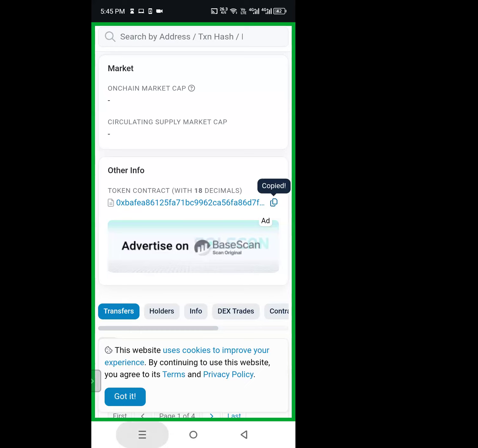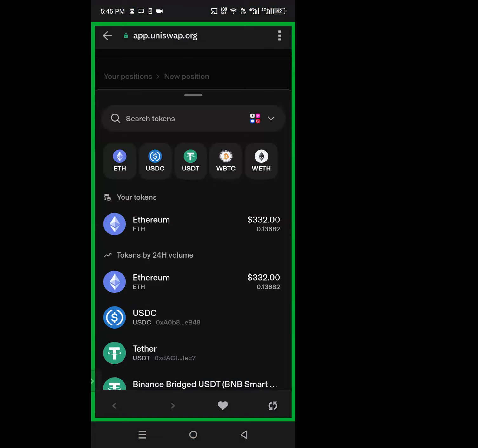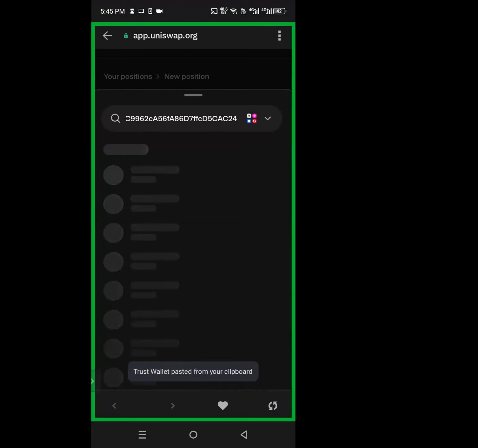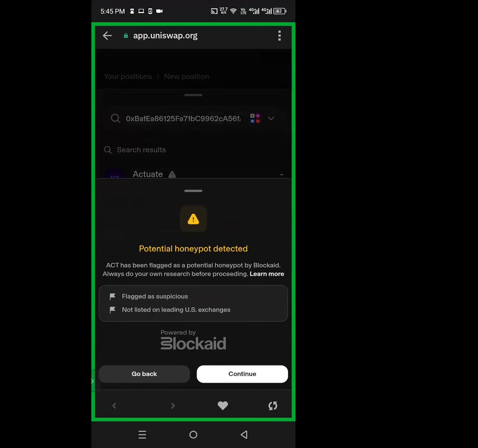So now I'm going to go back to Trust Wallet because that is what I'll need to pull up the actual token. I'm going to long press and then paste. And when I do that, it's actually going to pull up the actual token. So I just click on it, and I'll click continue.